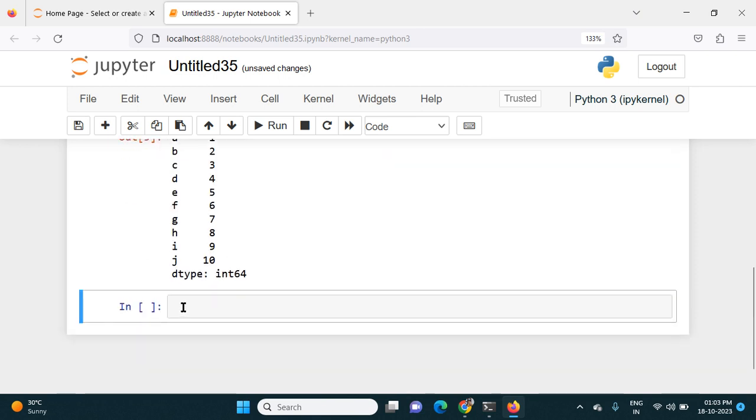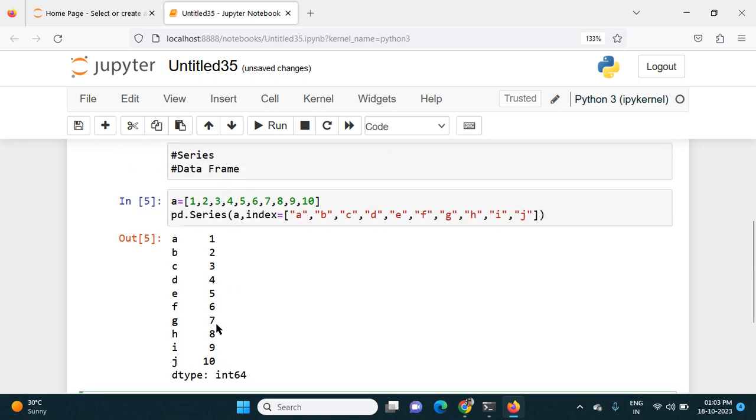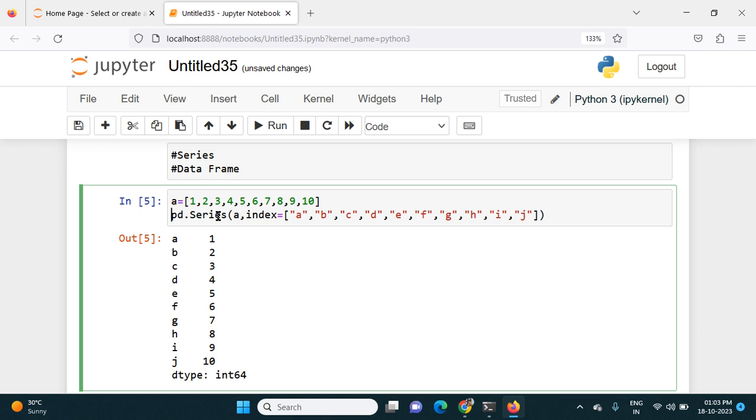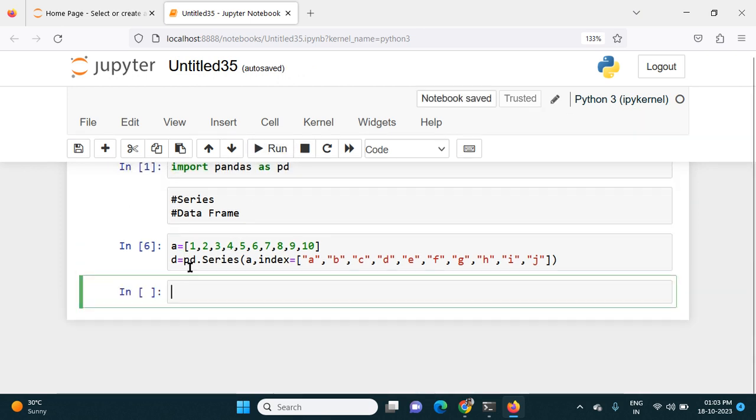So if I want to slice, meaning if I want to get any data of this series, I can simply use the name. First I have to store it somewhere, because by default Python won't store anything. Remember, by default it won't store anything. We have to store it. I will use a variable D to store this series. And if I now print D,